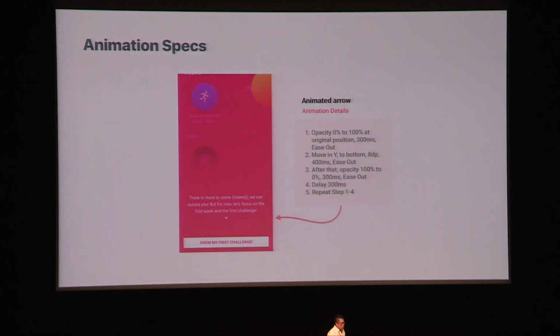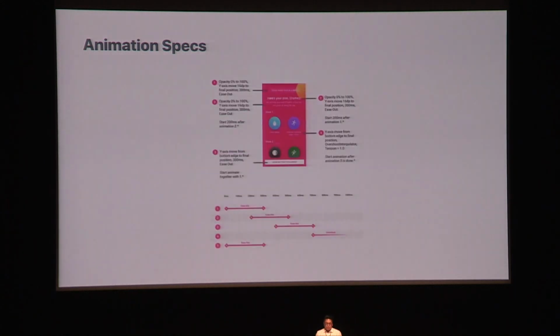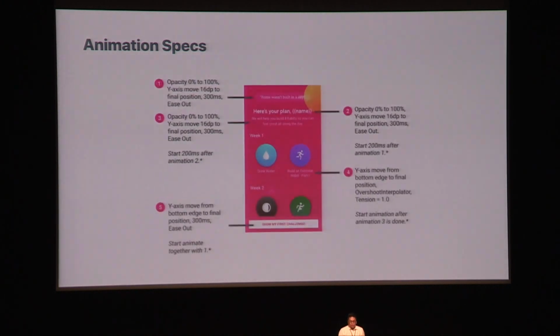It's very simple, and very easy to understand. So that's only for one small part of the animation. So what if it's transitions that involve quite a lot of things, like you see on the second screen, things are coming in at different timing? So besides the narrative way, of course, as I mentioned just now, where you come up with all the specs, opacity 0 to 100, position in DP, we also come up with this very simple timeline view,